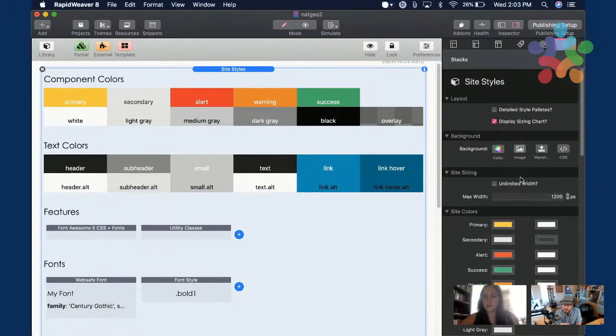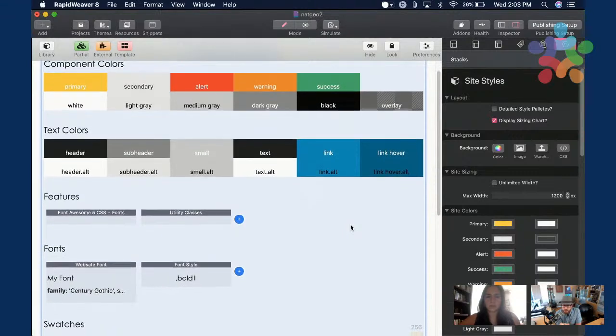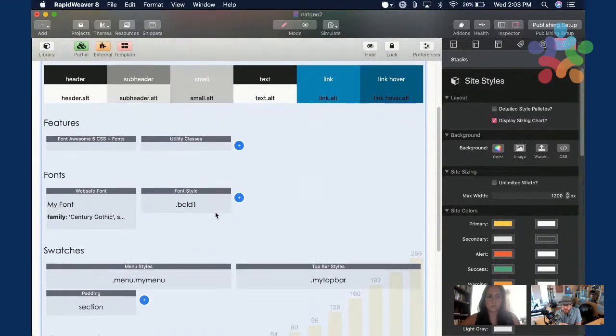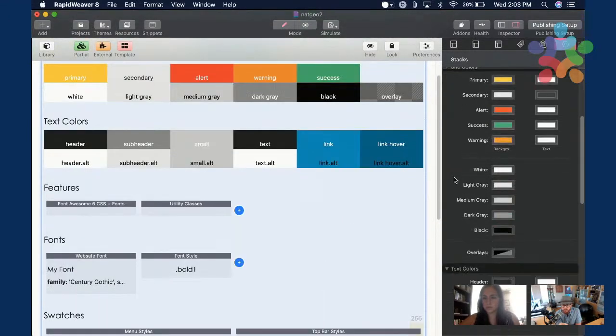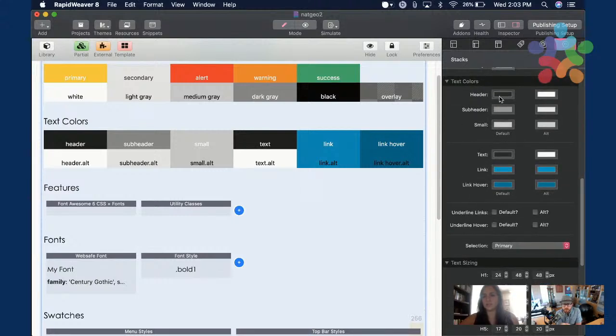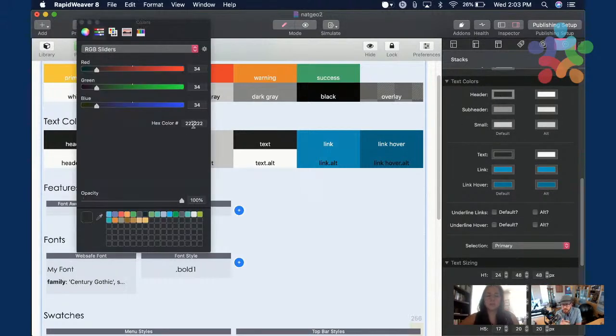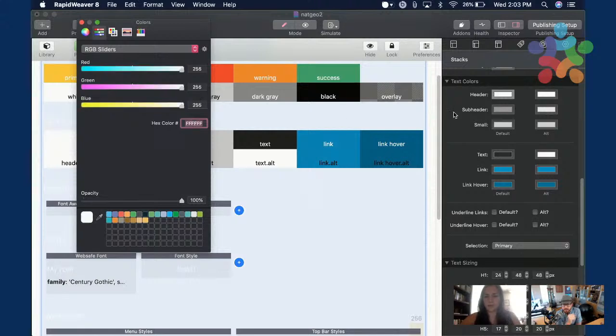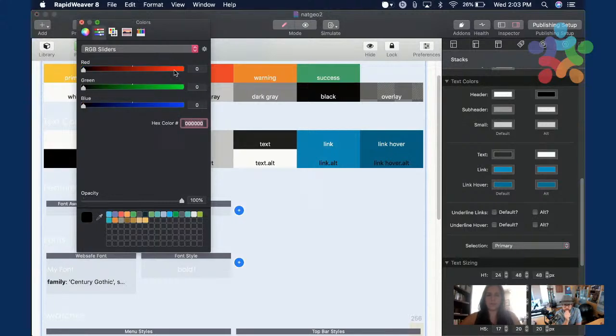No, so it'd be your text colors, inside site styles. Scroll down. Oh, text. There you go. So instead of dark gray, that would be white, right? Exactly. And then that one would be black or 222 or whatever you want to do. Yeah, that works.